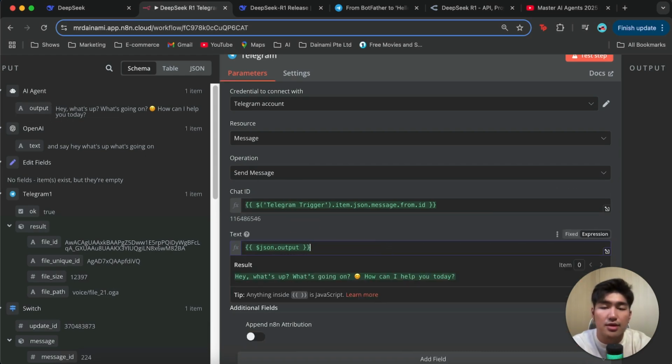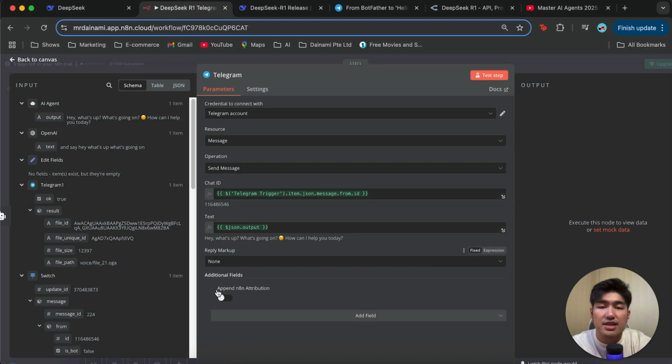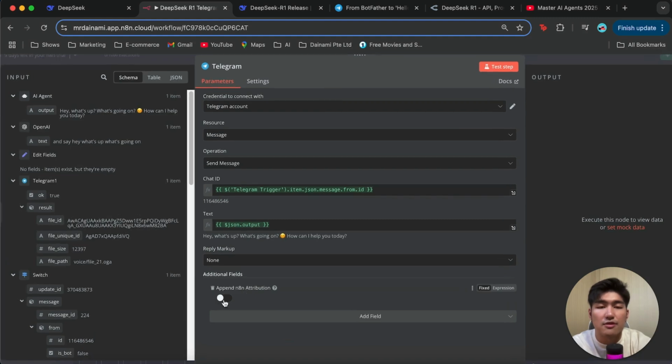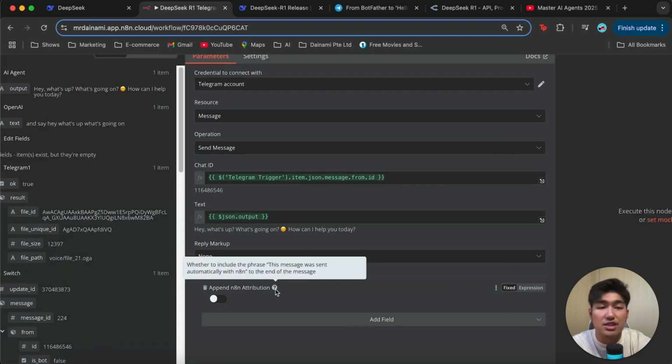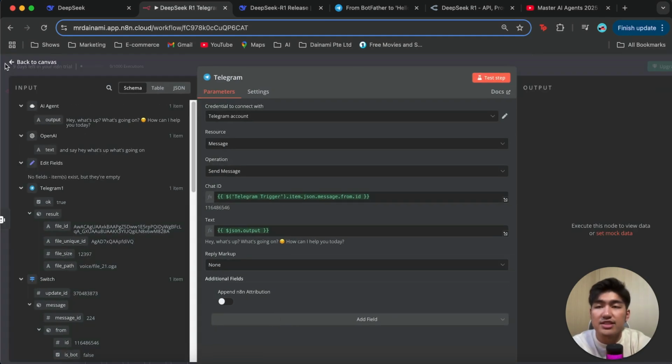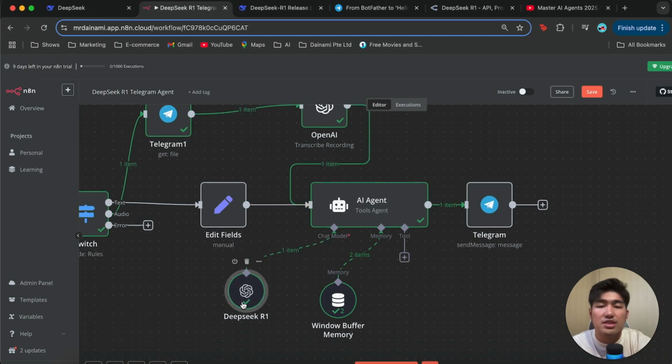And that's it, and you're done for this part. And for the rest, we can keep it the same. We want to add a few, and we'll append n8n attribution, turn this off. This is so that the reply doesn't have the message was sent automatically with n8n. Okay, perfect. Once it's done, we just have to connect the most important part, which is the Deepseek model and